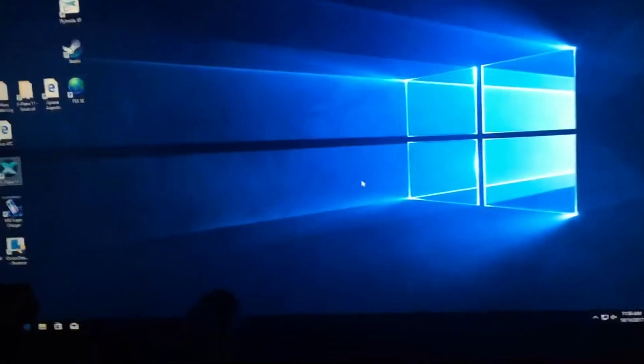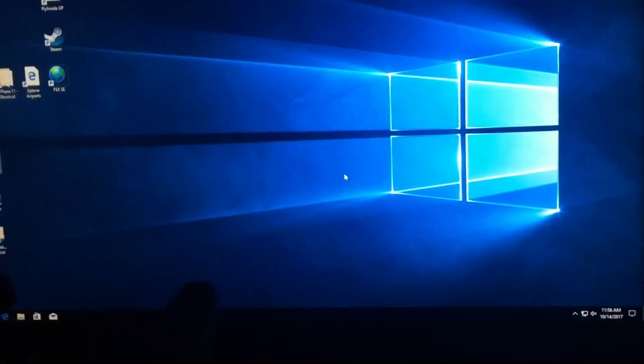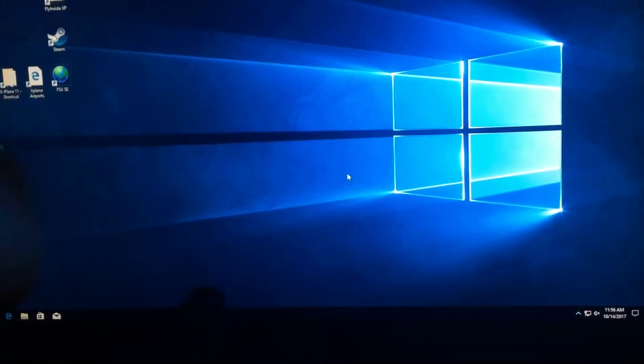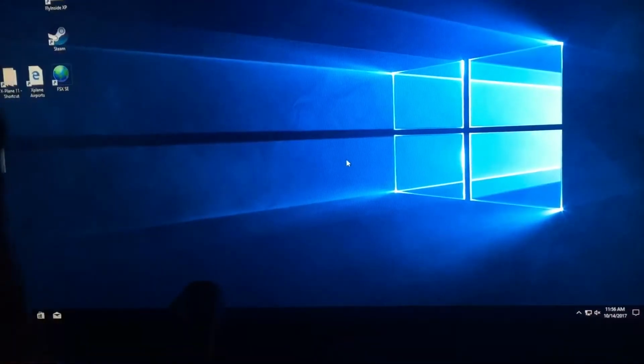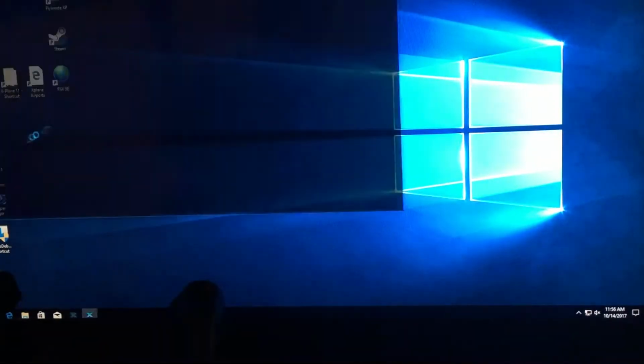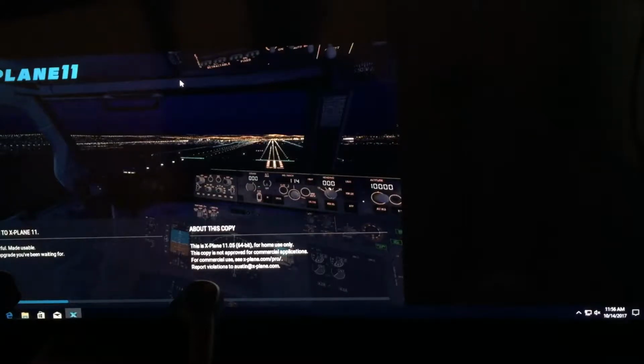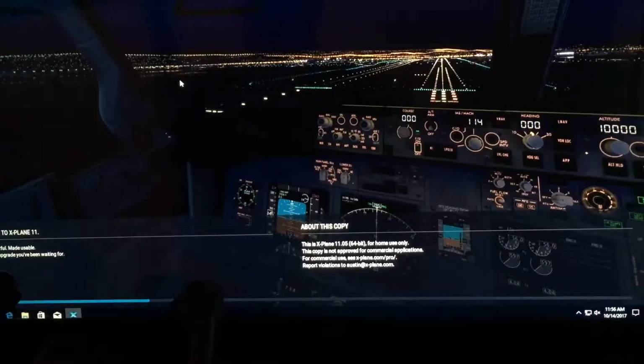This video is going to demonstrate how I fly a standard instrument departure using X-Plane 11. Not Microsoft Simulator, but X-Plane 11. X-Plane 11 is a 64-bit application program developed by Laminar Research,